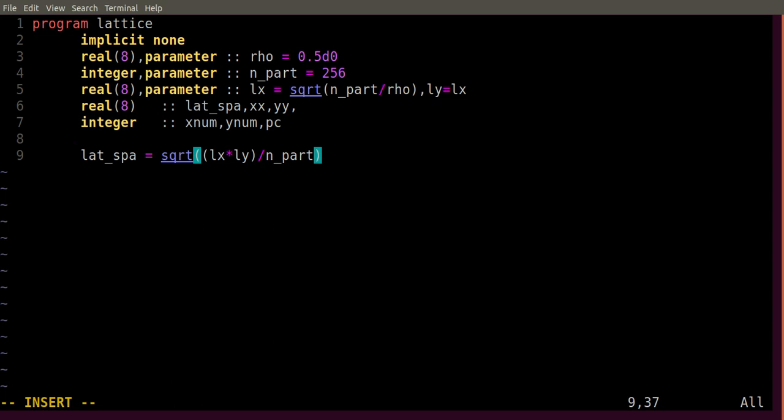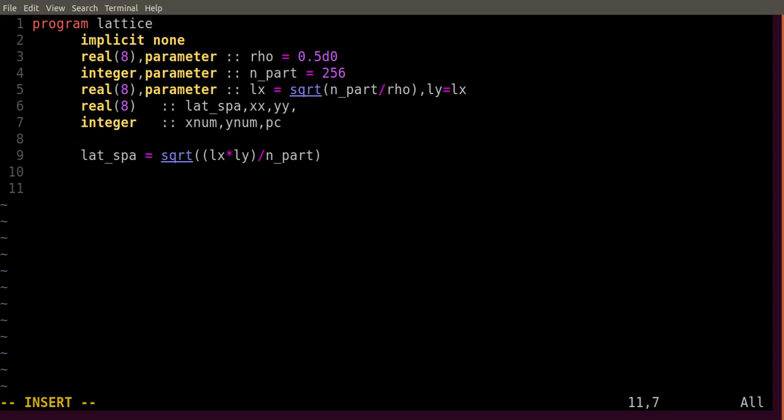So lattice spacing is this thing, because if you divide the total area by your n part, you will get how much space an atom will take, the spacing of one particle. So that is the distance of one particle to place in a lattice.